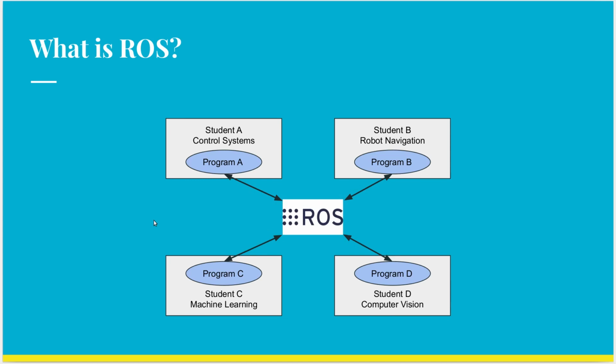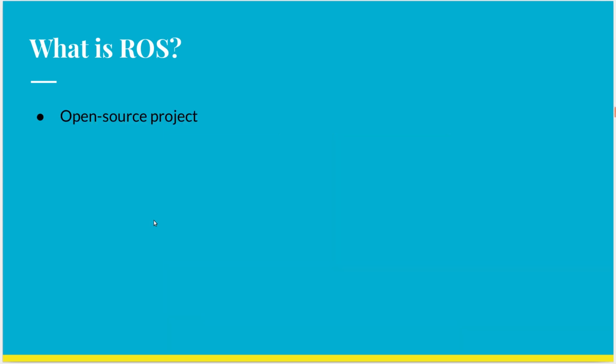Now, one may ask, how different is it from any of the other communication protocols that the students or the companies were using? Isn't it just going to be one more of the many already available middleware programs, and therefore adding more to the problem rather than solving it? The reason why that did not happen is because the creators of ROS did not stop at just creating a communication protocol. They converted it into an open source project, and they created a community where people from different places and fields can come together and develop solutions for robotics.